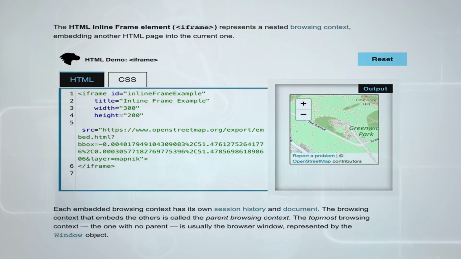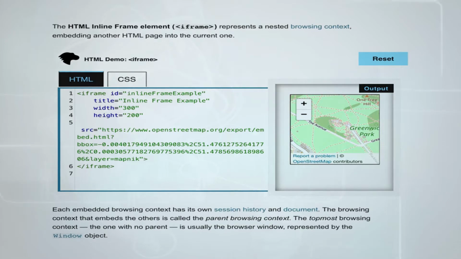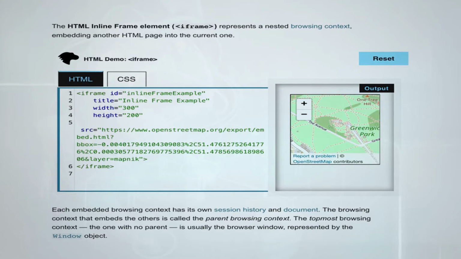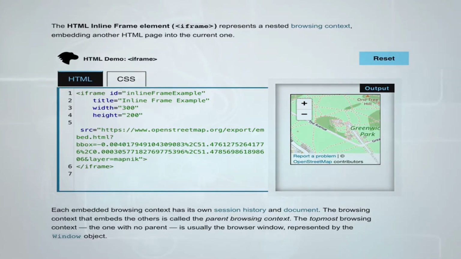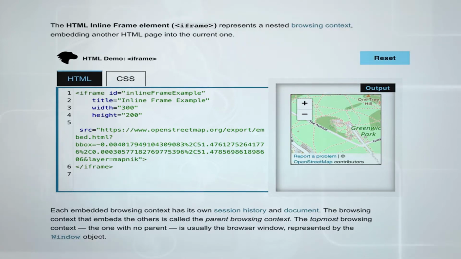One important thing is that at the start is the iframe opening tag, and you can see the closing tag iframe, with a lot of information in between. The most important thing is that we need the address of the web page which can be shown in this frame. That is indicated with the label src. Src means source of the frame. So src is equal to, for example here,